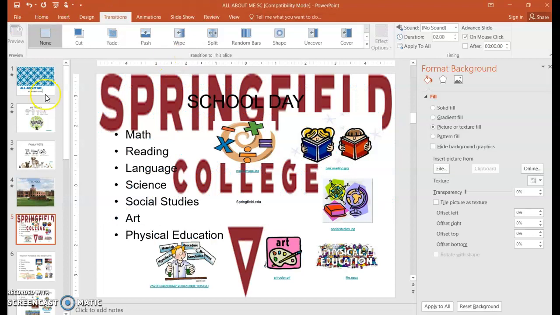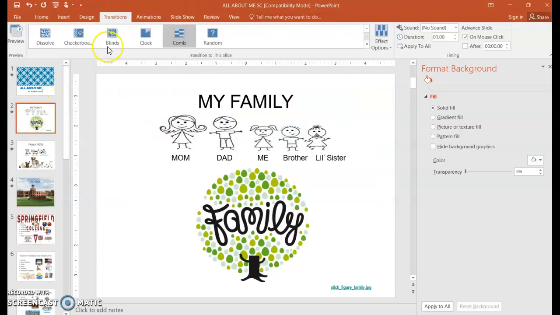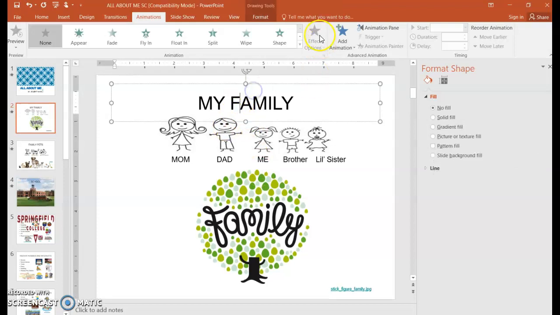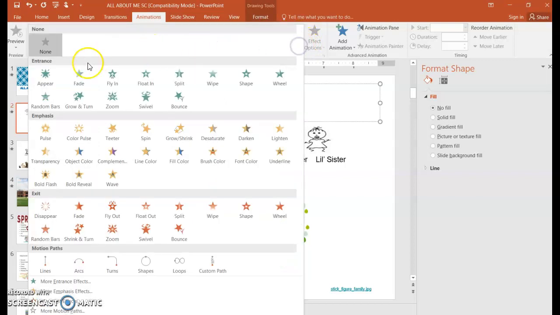The other thing I wanted to share with you, I'm going to go to slide 2. Transition is what happens between the slides from one to the next. Animation has to do with either placeholder text or pictures, what they will do. So if I were to choose my family, the placeholder My Family, there's entrance, emphasis, and exit. So if I want it to